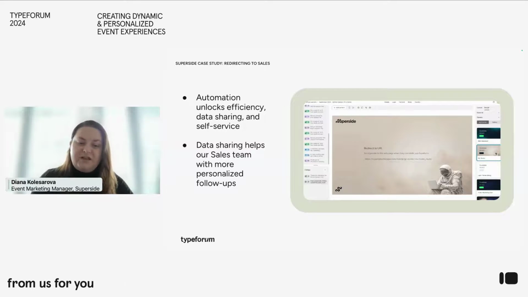They're just more personalized based on what the event attendee shared about their experience, what kind of improvements we can make, and what they really loved. So this is super important. The other thing this does is, as a last question, we usually ask, would you like to learn more about Superside? Would you like to have a demo? If they answer yes, that also gets pulled into our CRM systems. And again, the bottom line is something that we are very proud to have an impact on.